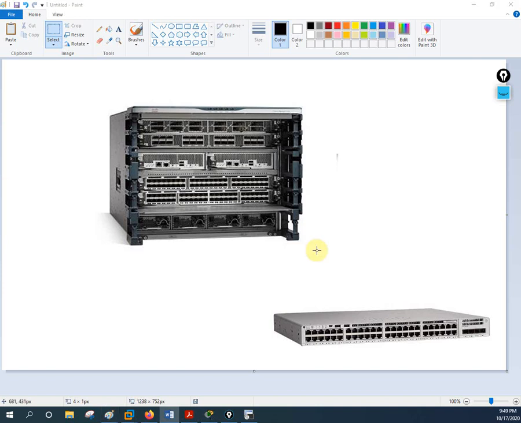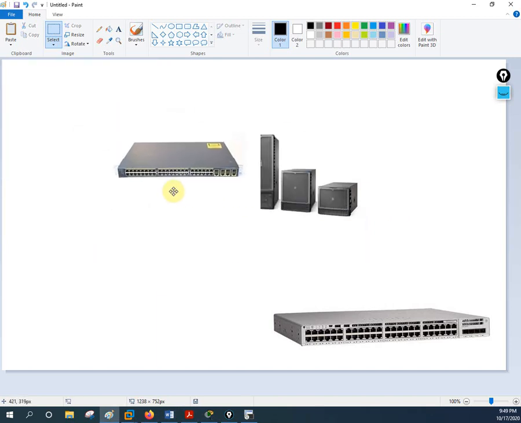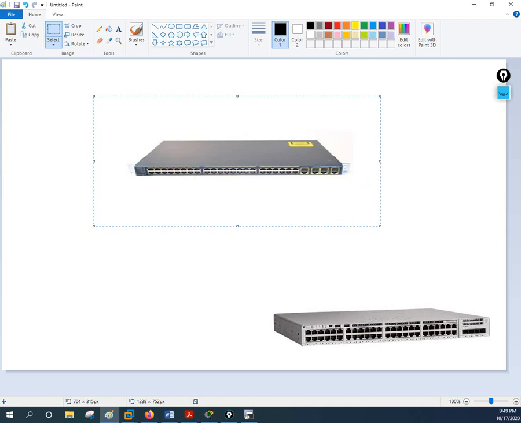We have many different types of switch. These are the different types of switch, and we can use them depending upon the requirement in your organization. And we have the Catalyst switch also. Catalyst was a company before which produced switches. Later Cisco took over that company, and Cisco calls that switch line Catalyst. So that is also a normal switch. Don't worry if anyone says Catalyst switch. It looks like this. Before, Catalyst was a separate company producing this, but later Cisco took it over, and it is now under the Cisco name.